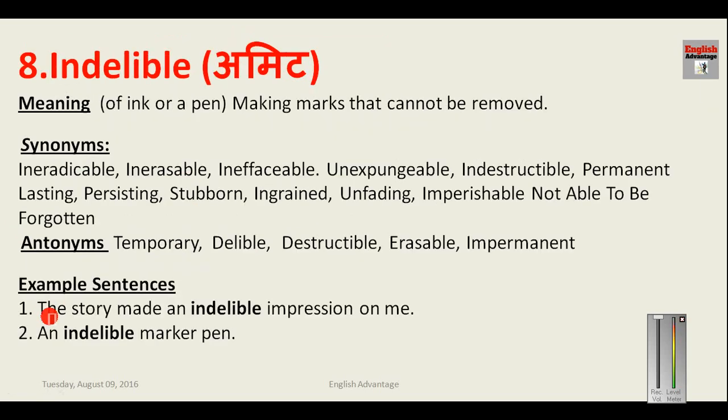Now let us look at the next word, indelible. Indelible is something that cannot be deleted, or that cannot be erased. That is indelible. And if something is indelible, that is permanent, because it cannot be erased. So the meaning of this word is of ink or a pen making marks that cannot be removed. Okay,